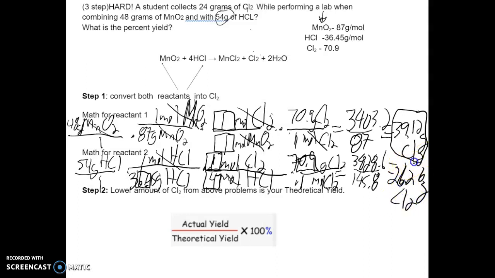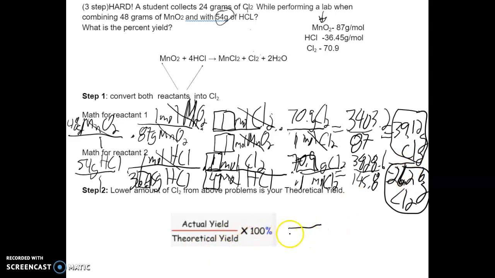All right, so now I got to compare these two numbers. I can only make as much as my limiting reactant. So this is the most I can possibly make. 26.26 is the most I can possibly make. So in theory, this is the most I can make. So now I know my theoretical yield is